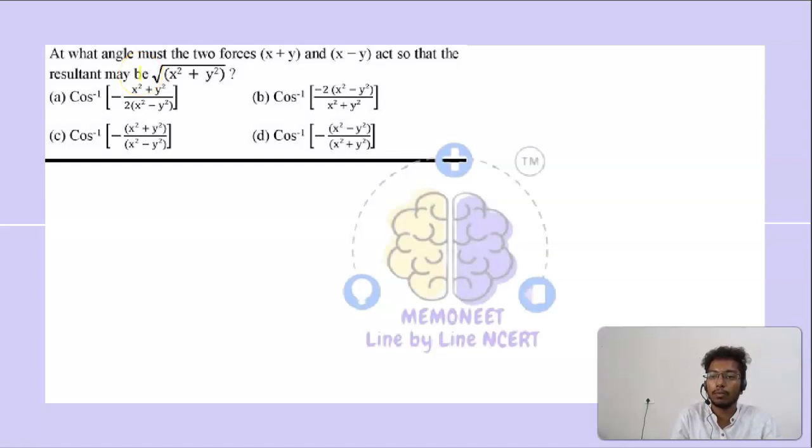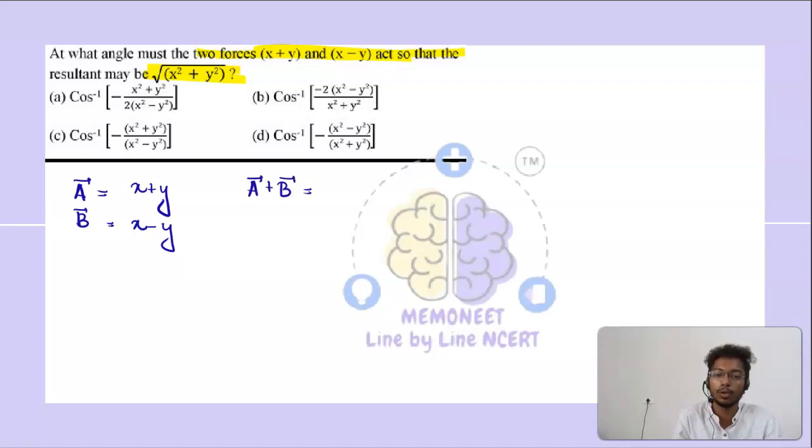At what angle must two forces x plus y and x minus y act so that the resultant is under root of x square plus y square? Okay, so let's say the a vector is x plus y and the b vector is x minus y. So we have the sum of the two vectors, that is a vector plus b vector, is equal to, okay,